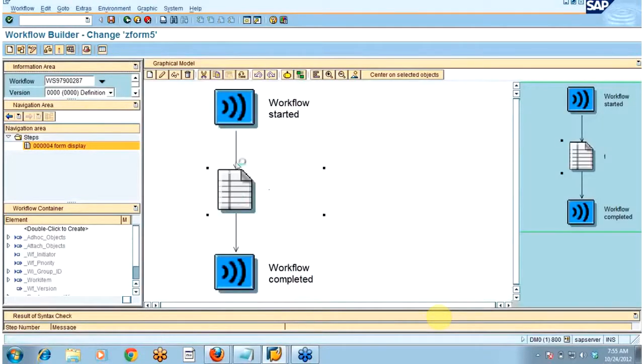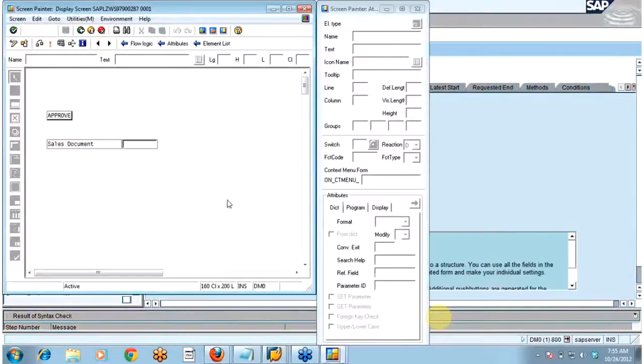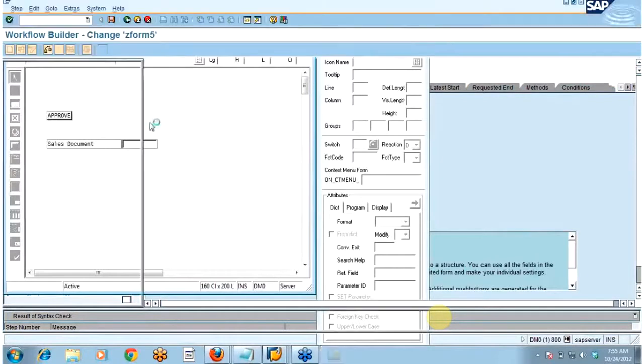I hope I have activated the form again, otherwise it won't work. Let me check. Fine, it's activated.